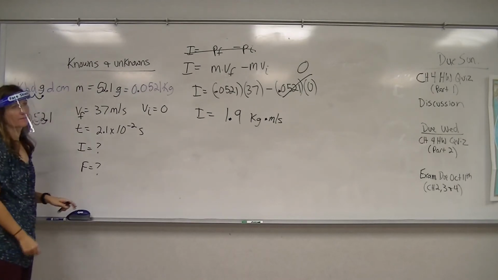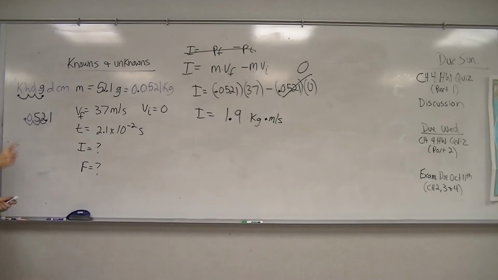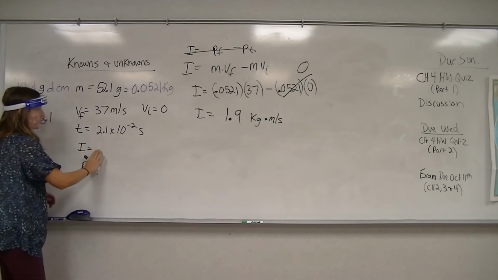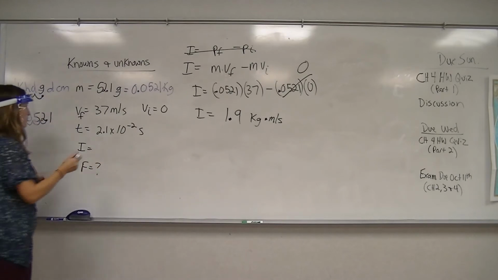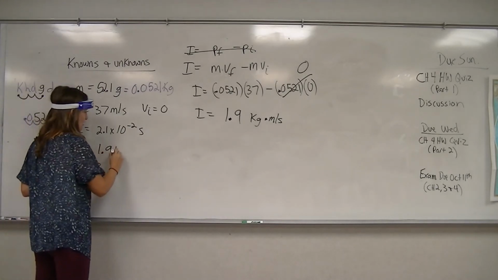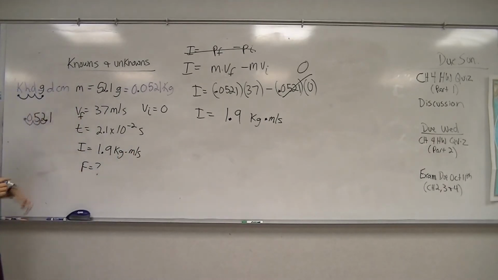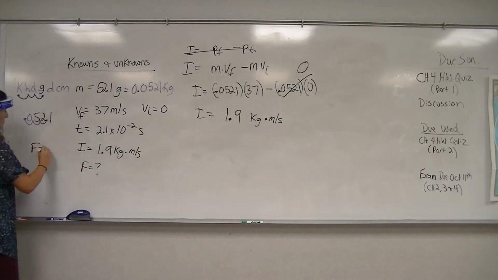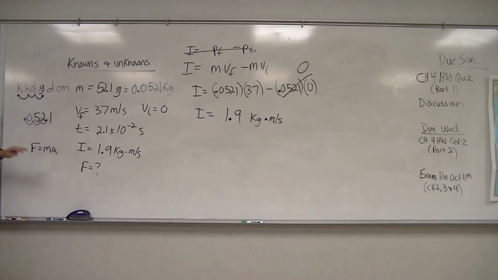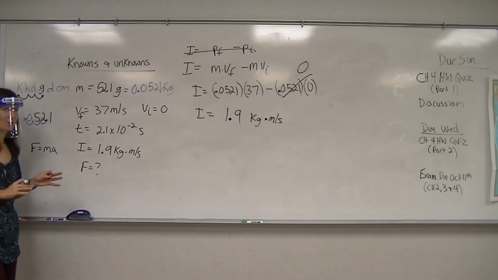So for force, do we have to rearrange the equation? Exactly. So when you get to the force one, now a lot of people are going to be tempted to go back to chapter 3 and try to find a force equation that works. This is linear force, so the only force equation we have from chapter 3 is for linear force is mass times acceleration. Now we have mass, but we don't have acceleration. Okay? We could get it going all the way back to chapter 2 and using the zero initial velocity equations,